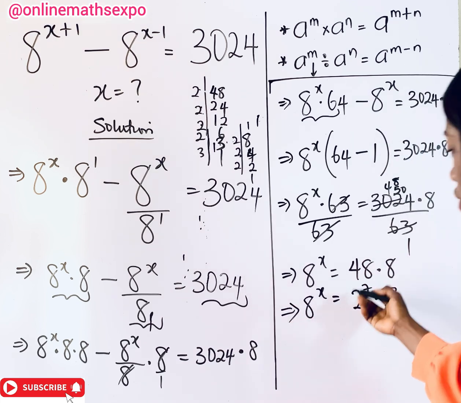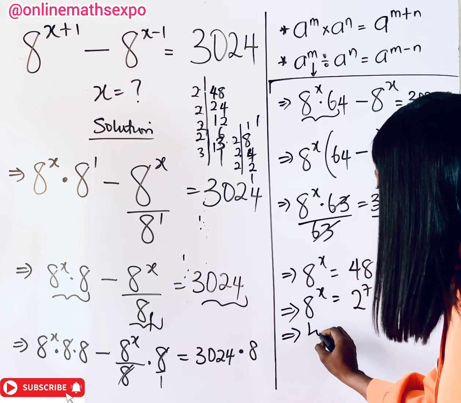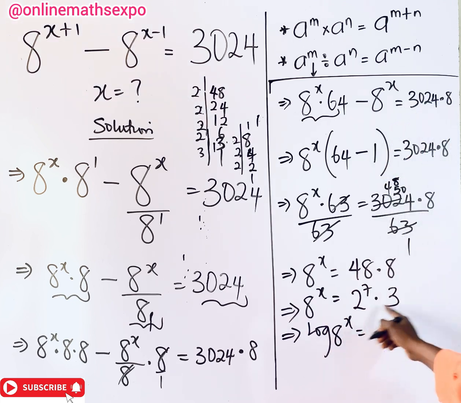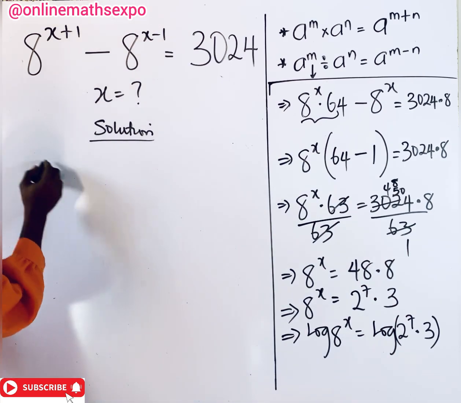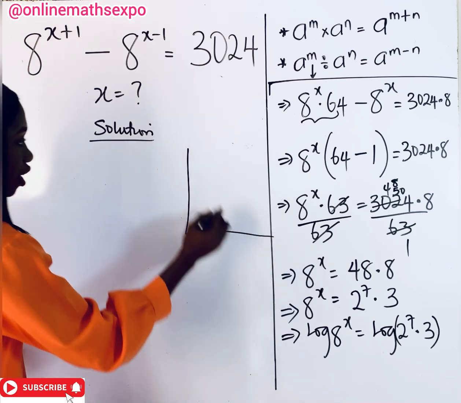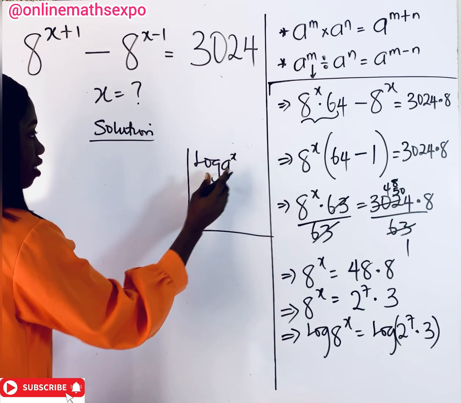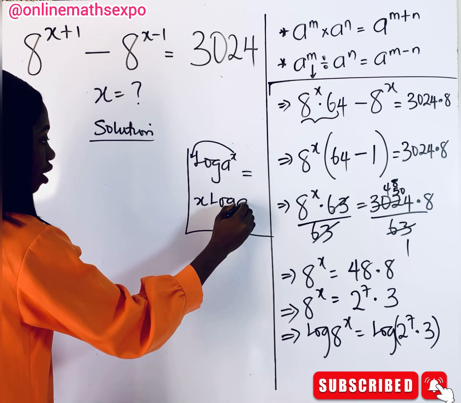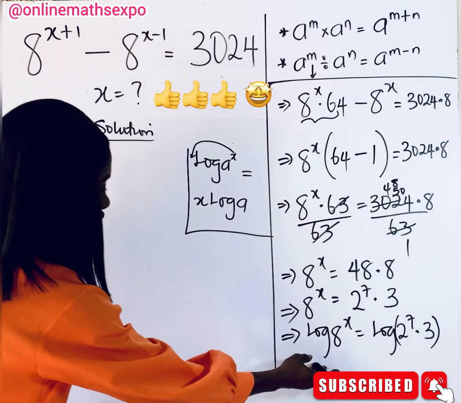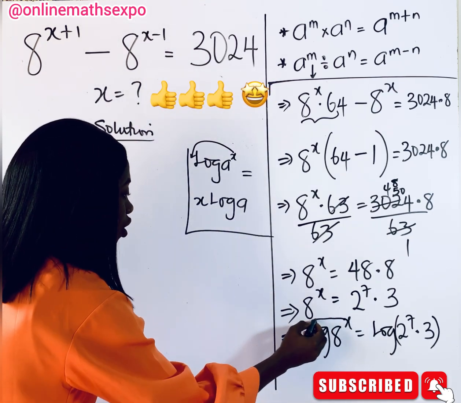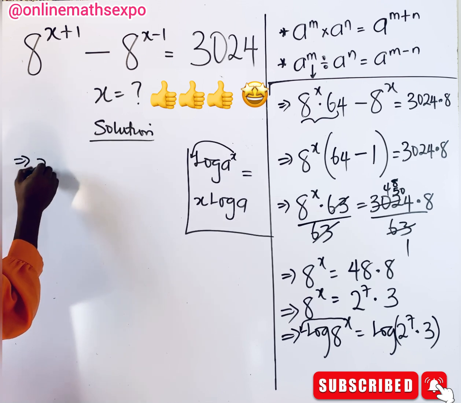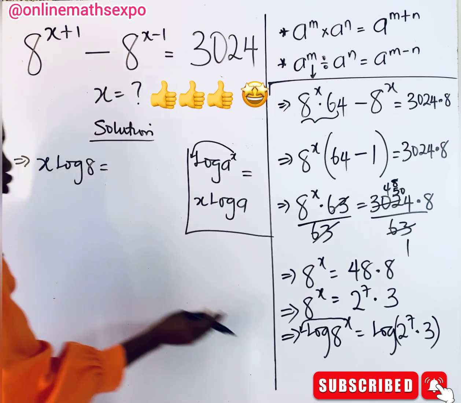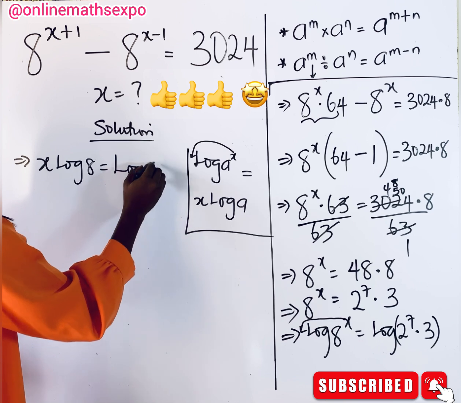So what do you do again? Just take the log of both sides. So we're going to have log of 8 to the power of x is equal to log of 2 to the power of 7 multiplied by 3. And what do you do? If log, let's take it by the side. If log of a to the power of x, if you are given this, it means you use the power to multiply. So it becomes x log a. Okay, so let's apply this rule here. And to do that, we are going to use this x to multiply. So we're going to now have x log 8 is equal to log of 2 to the power of 7